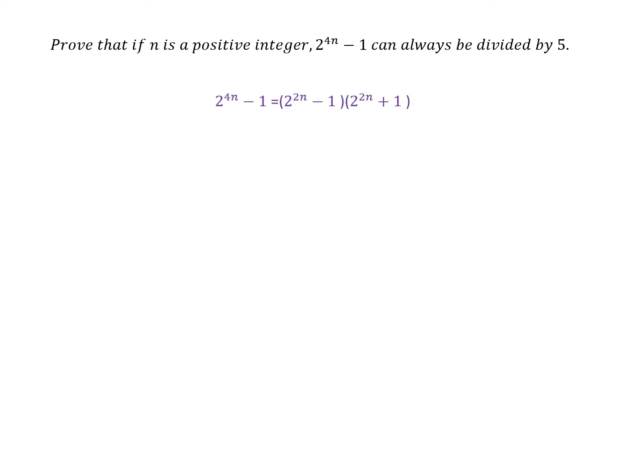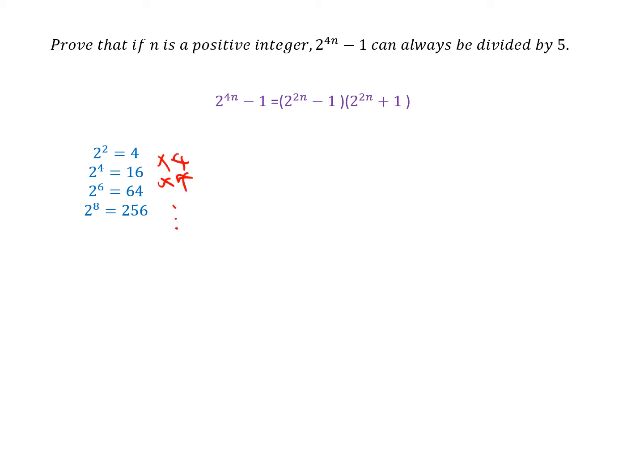So factorising 2 to the 4n minus 1 into its two factors using the method of the difference of two squares gives us 2 to the 2n minus 1 times 2 to the 2n plus 1. Now let's have a look at this number 2 to the power 2n. So here are the first few 2 to the 2n's. We start off with 4, and each time we go from one term to the next, we're multiplying by 4